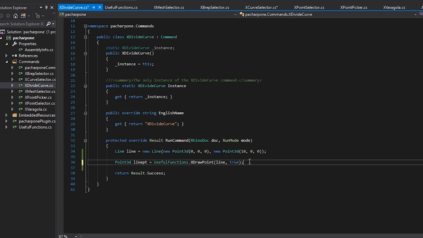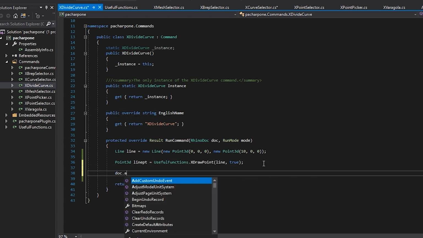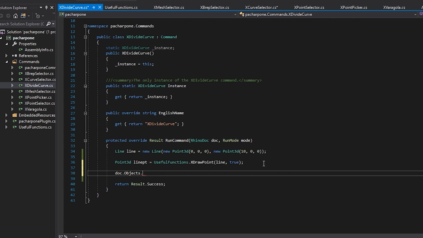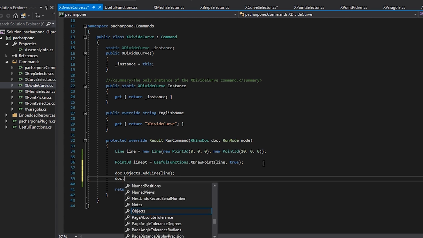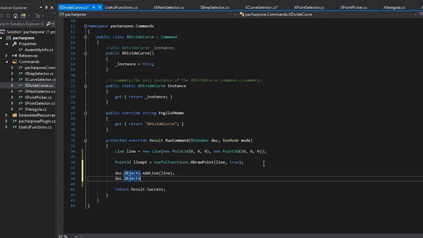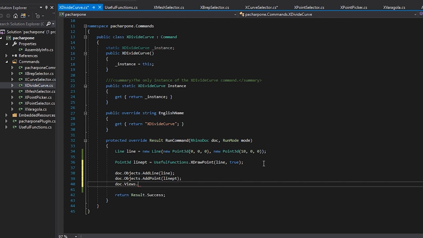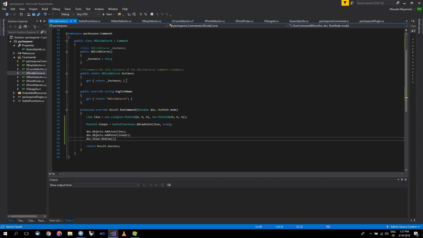So what we can do here as an exercise, we can now access our objects table and we can add this line that we created here, and we can add our point. And of course, we can access our views and redraw them. Now, if you pass true here, what Rhino will do for you is draw a line and point at the start. If you passed false, it will draw a line and point at the end. You can